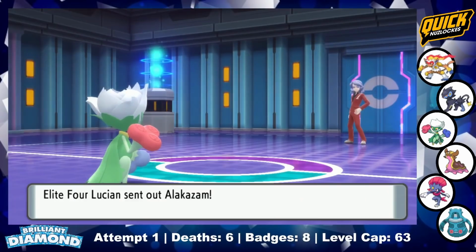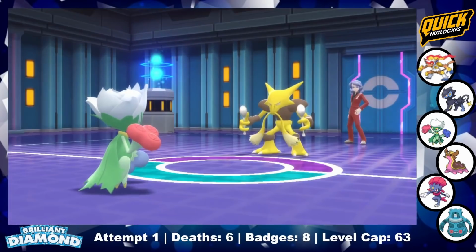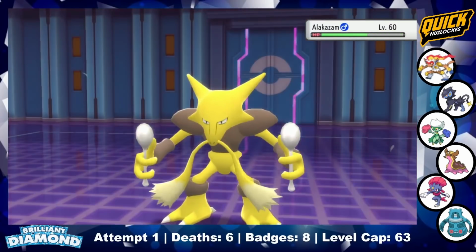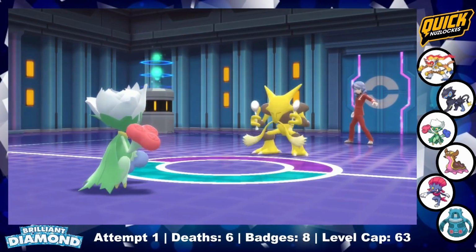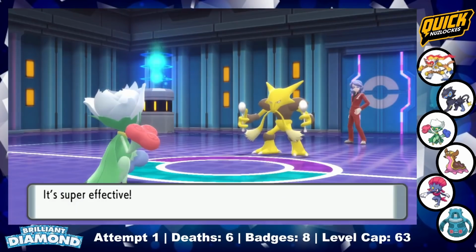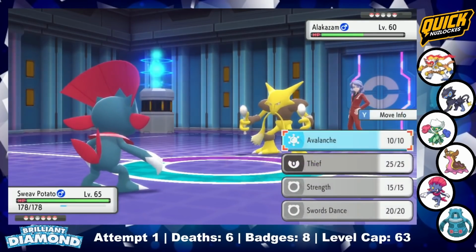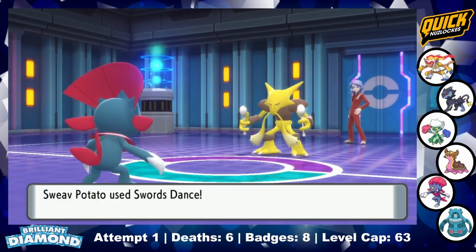with a Petal Dance. Of course, this means she has to keep using Petal Dance, but amazingly, Alakazam goes for Future Sight, and another Petal Dance does pretty good damage. Unfortunately, Petal Dance doesn't end here, and Alakazam knocks out Honeydew. Reflect and Light Screen are done as I send out Sweeve Potato, who handles a Shockwave from Alakazam, and I